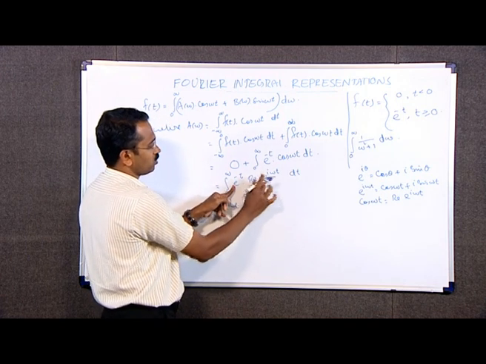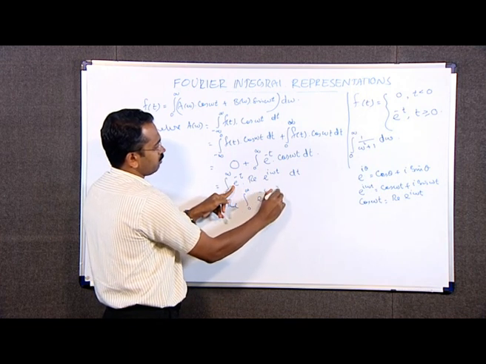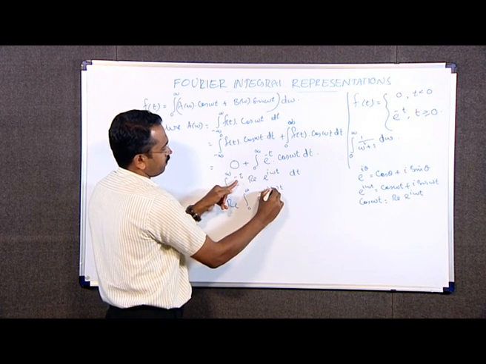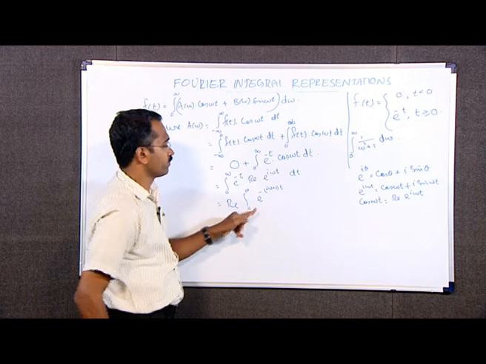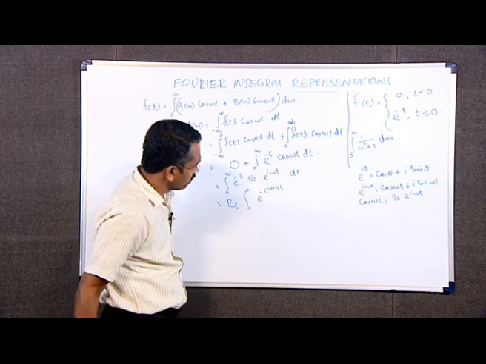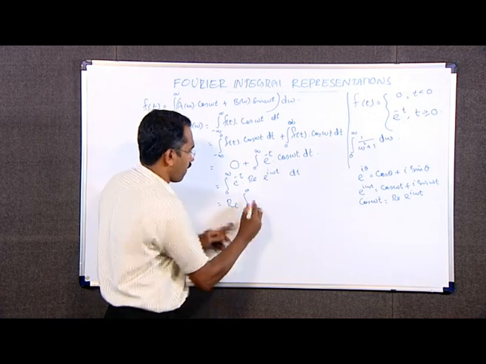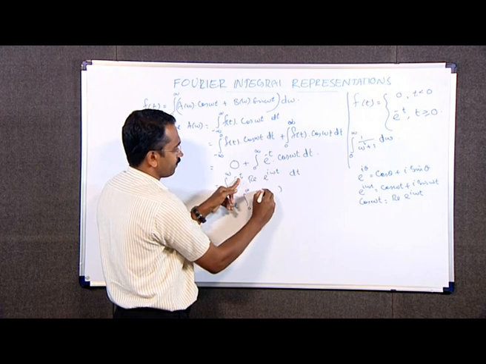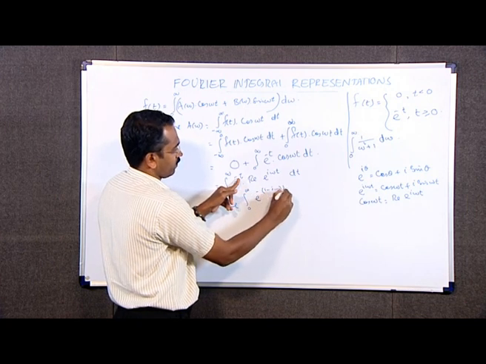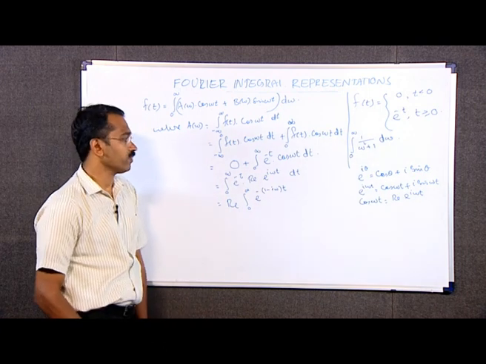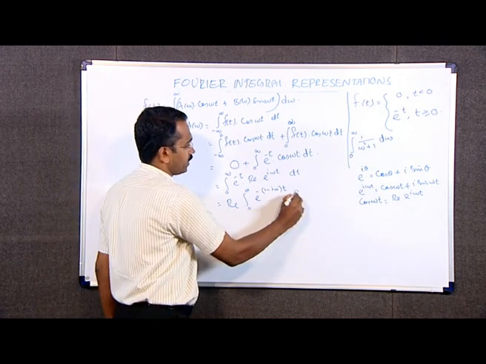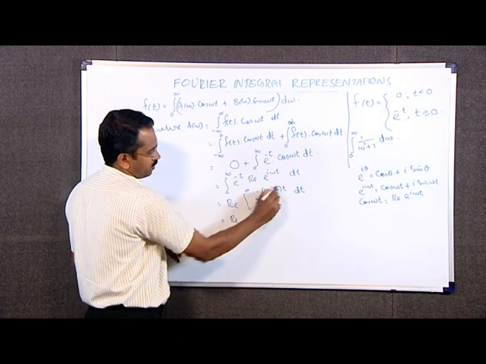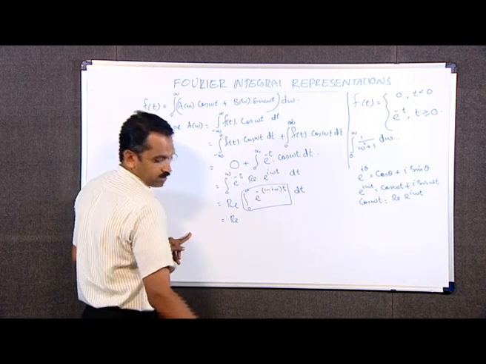We can combine these two, e power minus of 1 minus i omega into t dt. That is equal to real part of